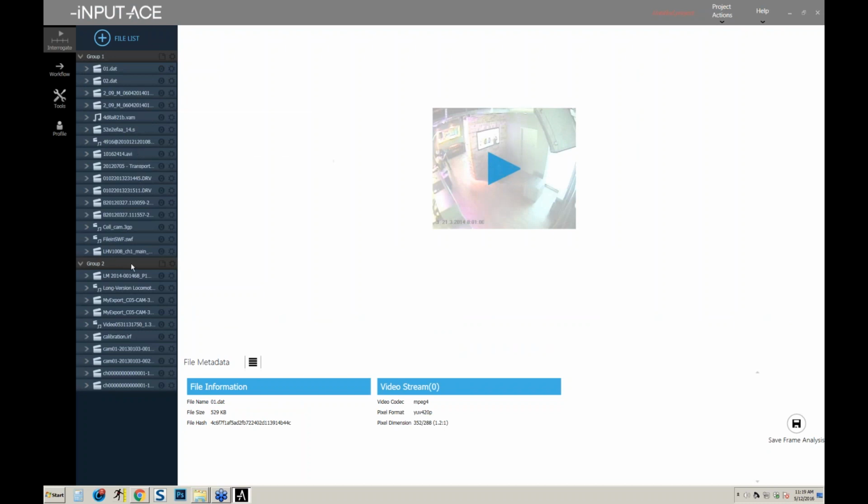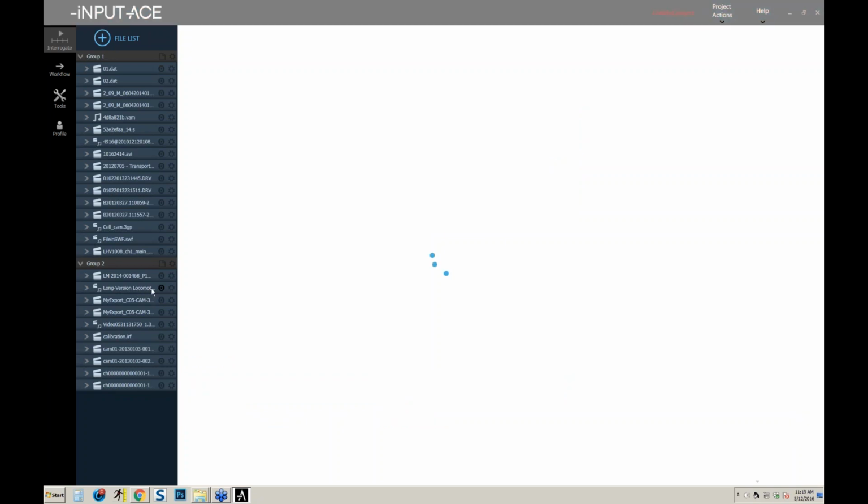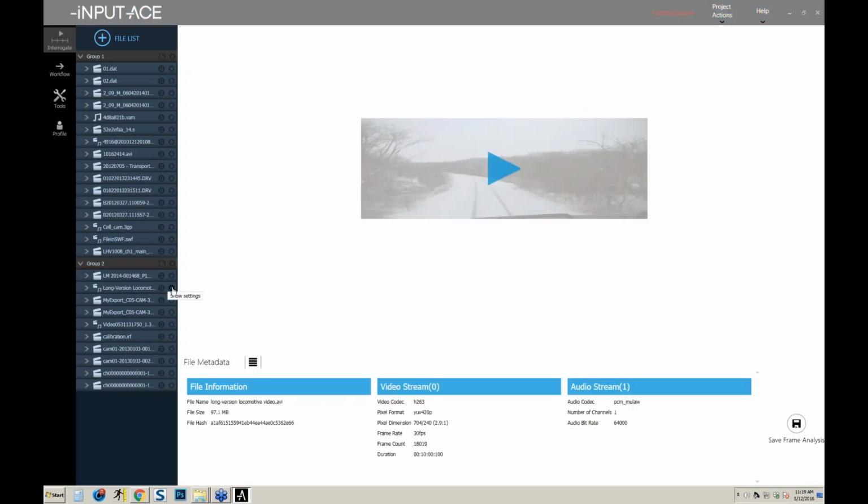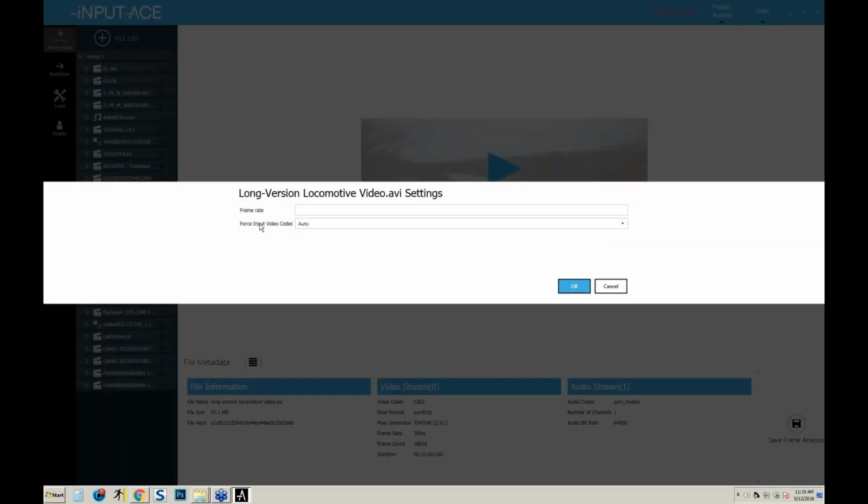Other files, like for example the file that we looked at originally here, which is the train video with that impact, if I look at the settings for that, it's simply using an auto force input video codec option. This can be manually changed as a user if you want to force an option that is different than what